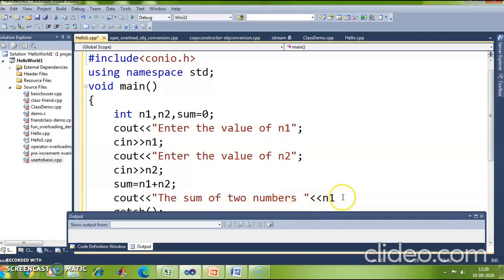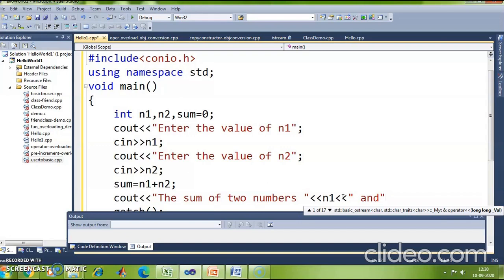Okay. Followed by the string "and". So, I will say "and" in double quotes. Okay. Now, I need to also print the value of variable n2.